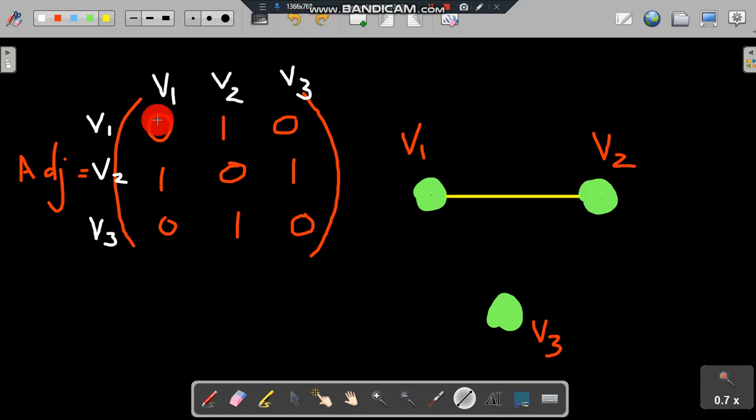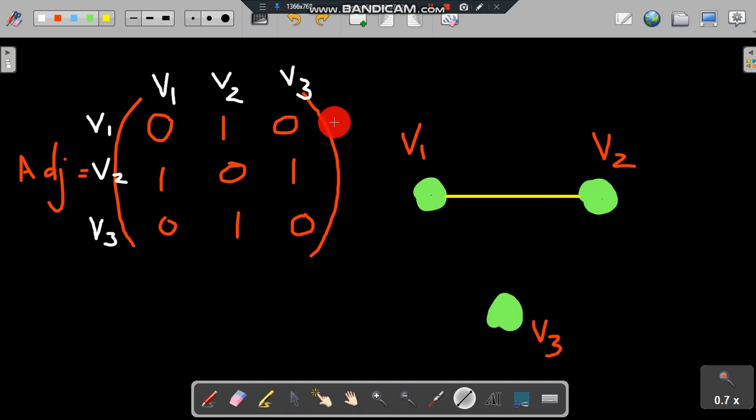Now V1 and V3, they are not adjacent because 0 comes here. V1 is not adjacent to V3. That's why we have 0 here. So we should not join V1 and V3 by an edge because they are not adjacent to one another by